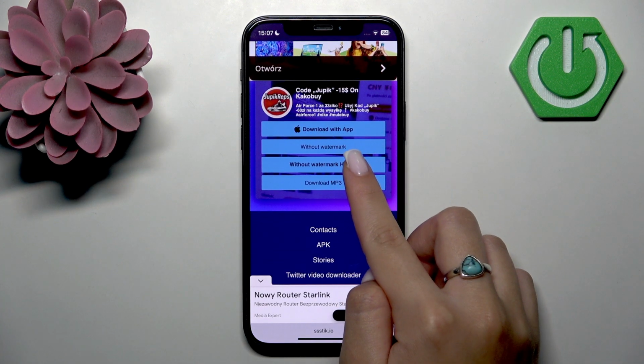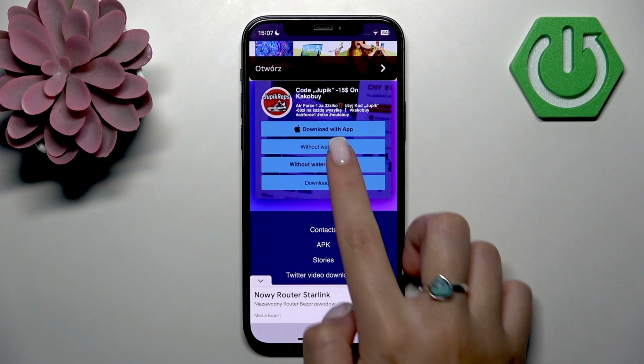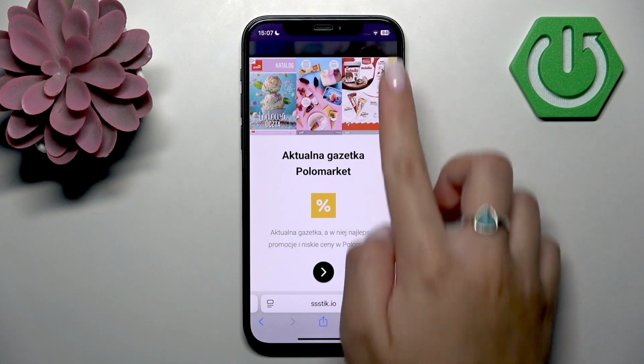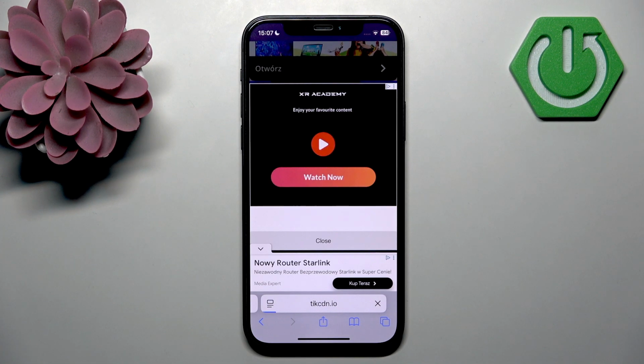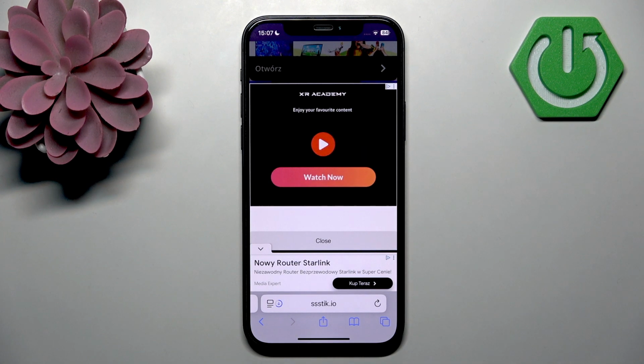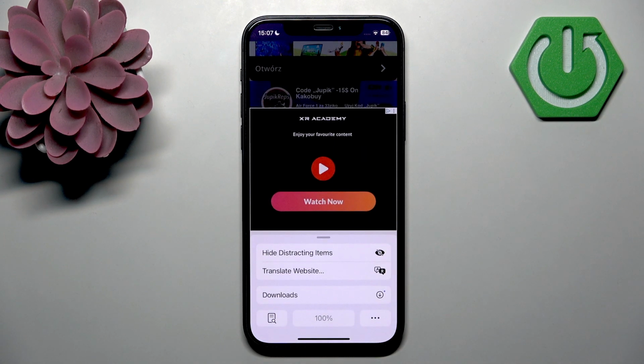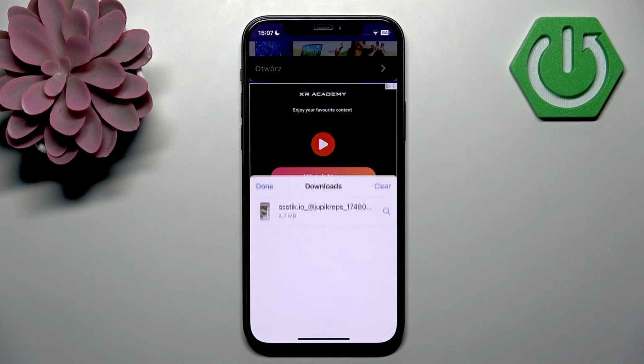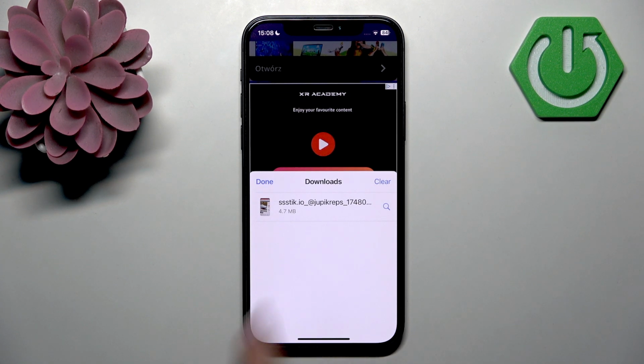And here you should select without watermark. Tap download, and here in the download section, so here's downloads, you can see that we have just downloaded this